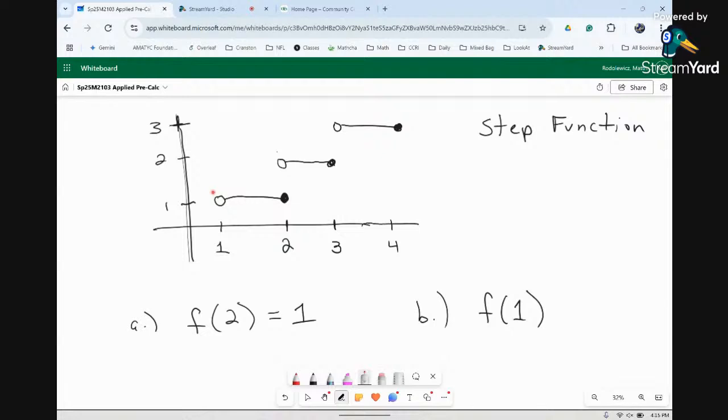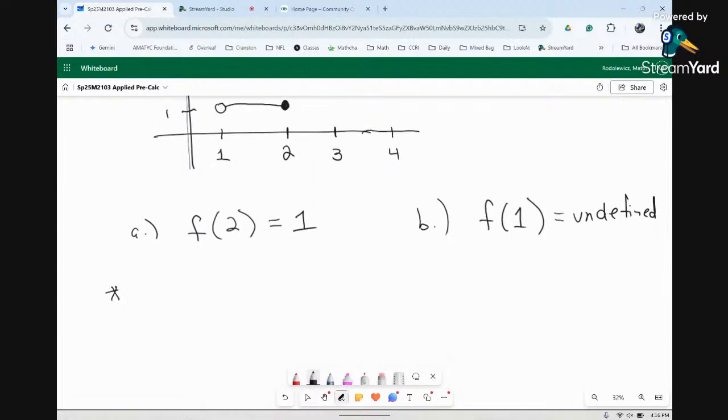So if you see a hole in the graph, it represents not actually being an output. And since there is no closed point anywhere we look at 1, there's no output at all, so we use the word undefined. So the point I'm trying to say is a hole in the graph